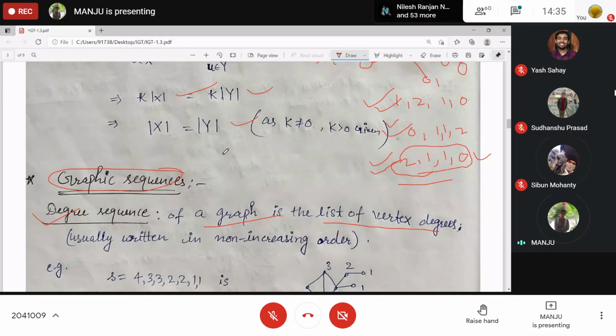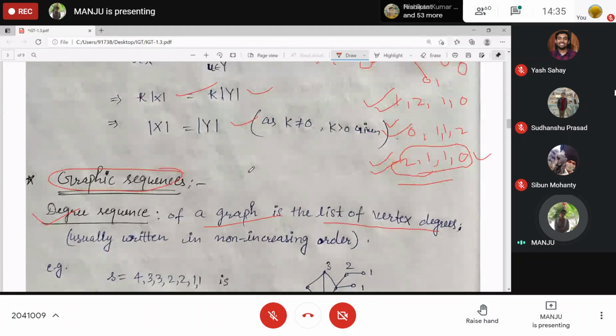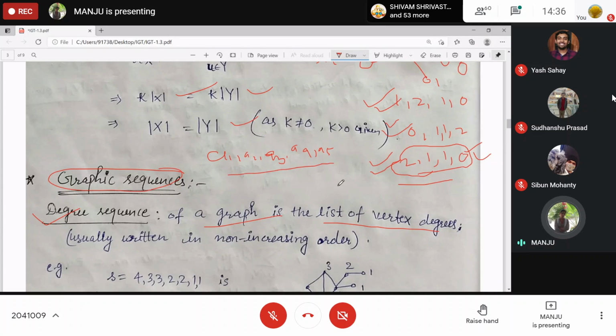Yes, so a sequence is possible. For every graph, you have a degree sequence. Now, you have some sequence a1, a2, a3, a4, a5. These are some non-negative integers, as degree cannot be negative. It can be 0 but not negative. So this is just a sequence.